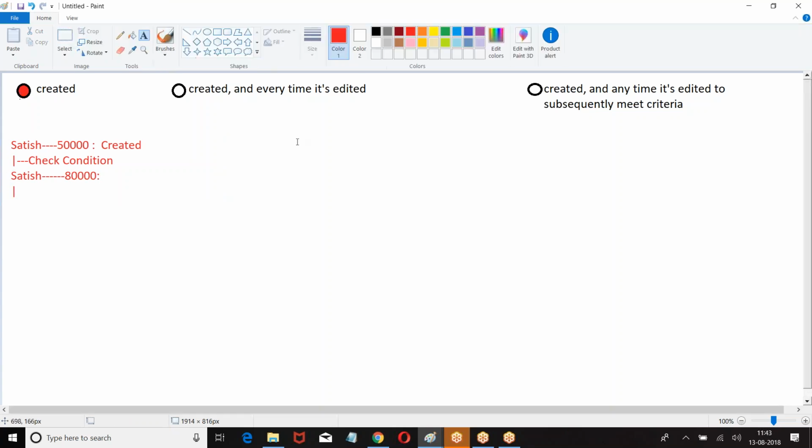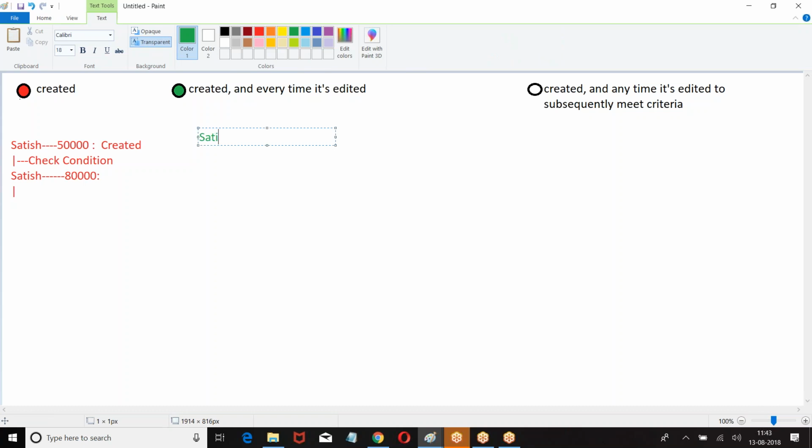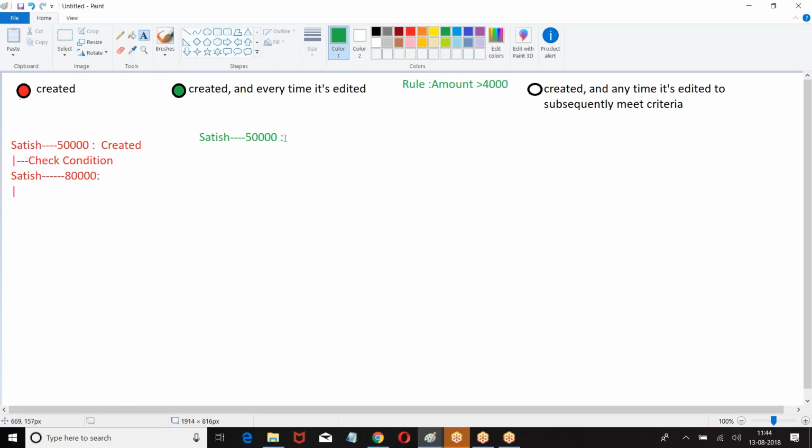So what is the second option we have? Created and every time it is edited. So let us see. So what is the rule I gave? Satish 50,000.